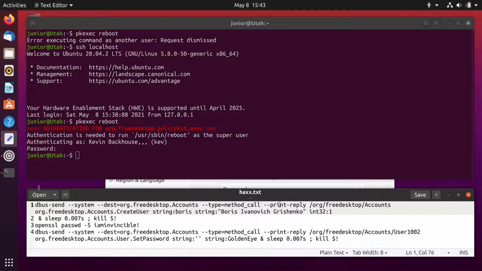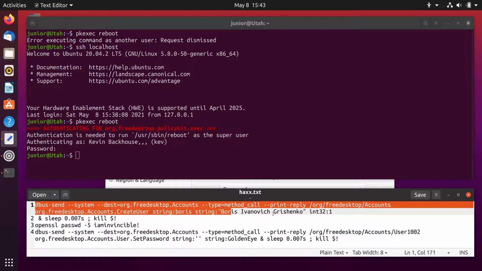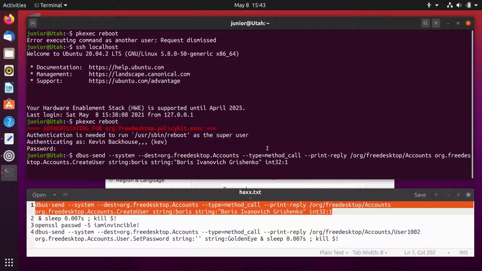I've got a little cheat sheet here so you don't have to watch me typing out all these long commands. I'm going to use this command called dbus-send, which allows you to do a lot of the same things from the command line that you can do with the settings dialog box. This command asks the accounts service to create a new user called Boris, but it gets instantly denied because creating a new user requires administrator privileges and it can't pop a dialog box because I'm still in the SSH session